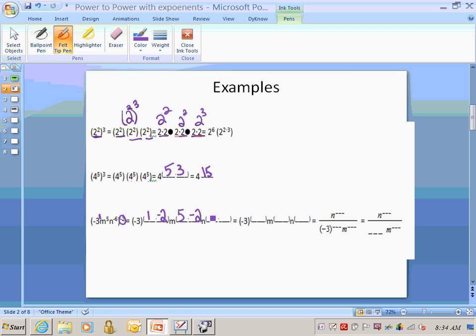N to the negative 6 times negative 2. Everything. So I've got negative 3 to the negative 2, good. M to the negative 10. N to the